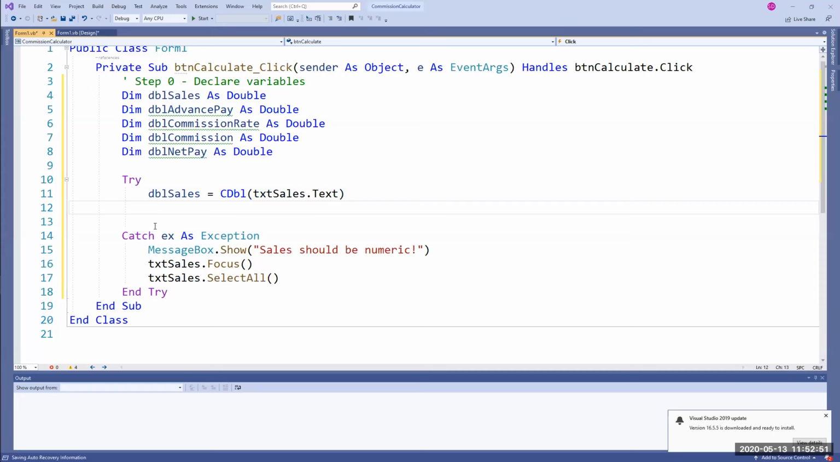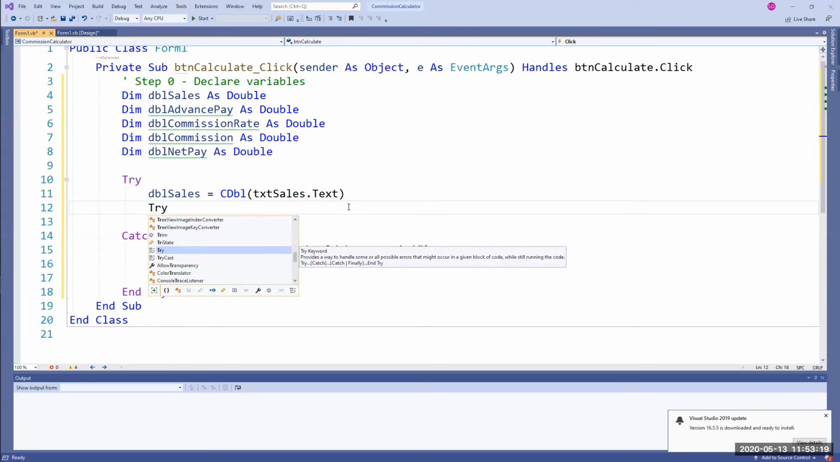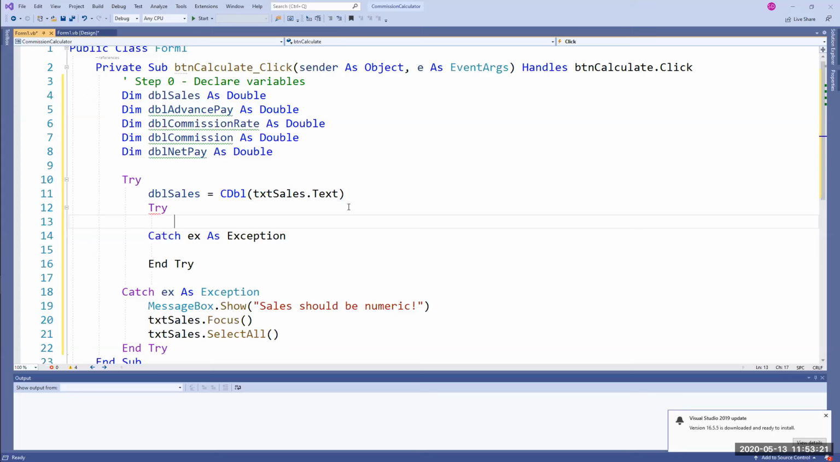Okay. One of two things is going to happen. If you enter a non-numeric value for the sales, it's going to throw it to the catch block, and it's going to display an error message. Sales must be numeric. It's going to take you to the sales text box. It's going to select all the text so you can replace it with valid values. The other condition is it may be successful. If you enter a numeric value, it's going to convert it to double, store the converted value in DBL sales, and then you can continue. If you want to continue, you have to do another try block to try to read the next value, which is the